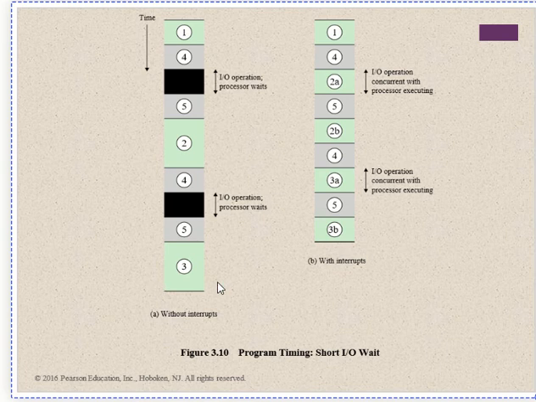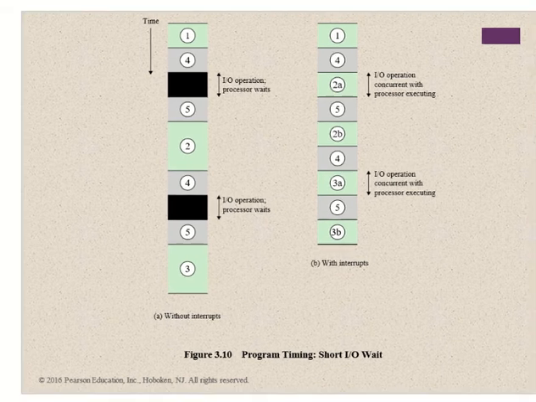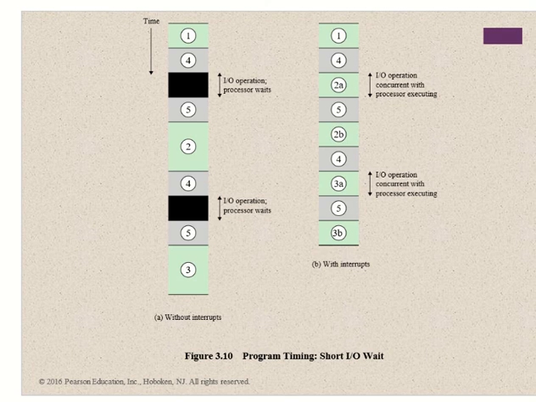So this is the timing diagram. If the processor works with interrupt or without interrupt, which will be better? Let's see without interrupt. There are no interrupts, there is no interrupt service routine. So the processor executes something, and while waiting for the preparation, the black shade is where the processor waits for the IO operation.